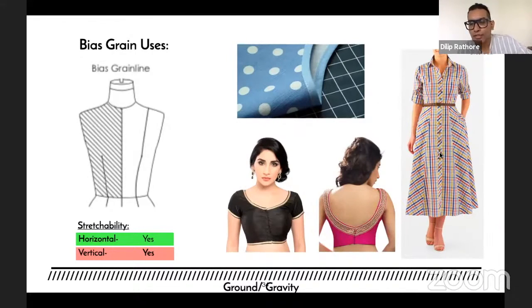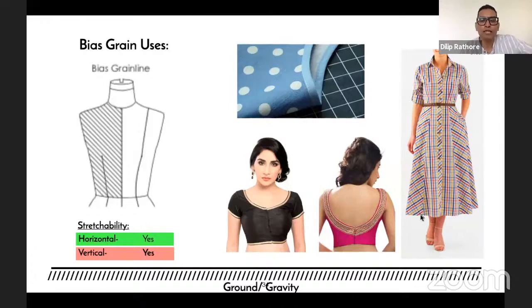There is another garment over here. You can see that there is a straight grain and there is a bias grain also along here. Now, if you see these two parts, the straight grain will remain the same in length, while the bias grain, if you pull it down here, it will stretch. And there are chances that it might not go back to the length. So because of this reason,